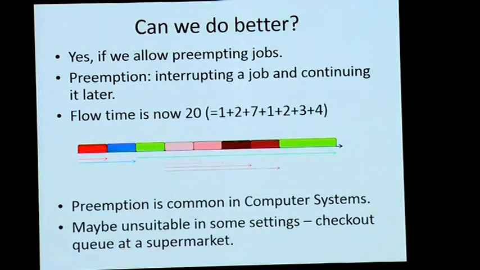If short jobs arrive, it makes a lot of sense to preempt this big job and bring it back later when things are quieter. Okay? So you can check if you can do that computation very quickly. So what have we done here? The green job is getting preempted here, and I'm continuing it later.